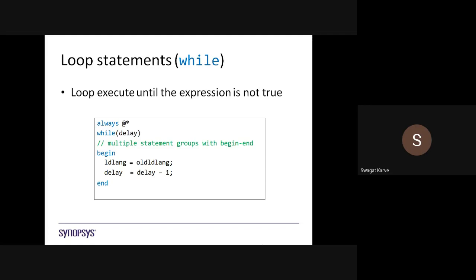After begin, we have mentioned one condition, delay = delay - 1, and until this while condition on delay becomes true, the loop keeps repeating that many times. Whenever this condition becomes true, it will stop its execution.